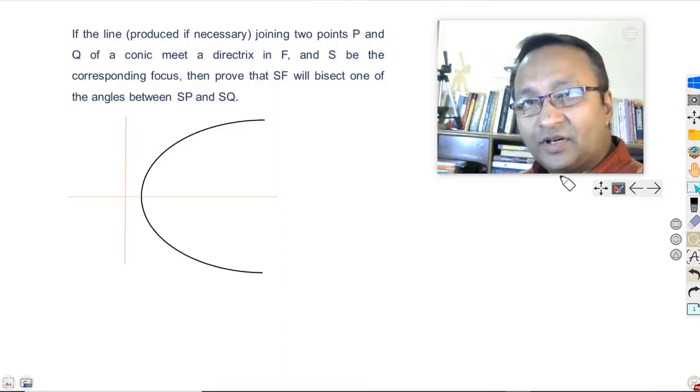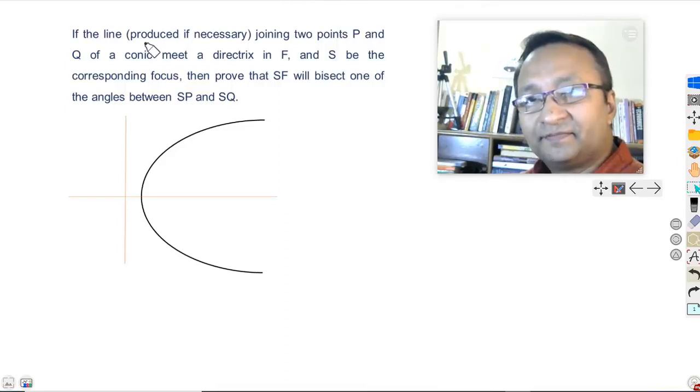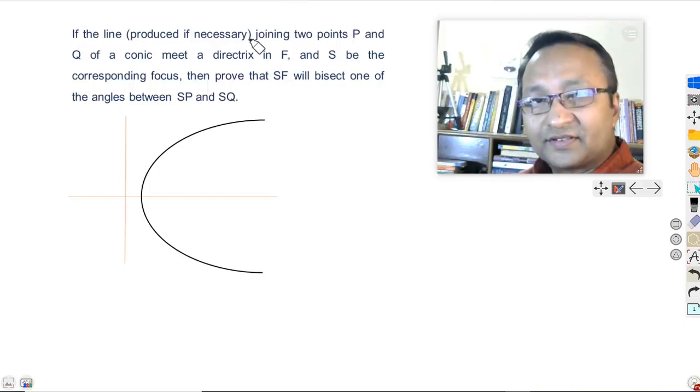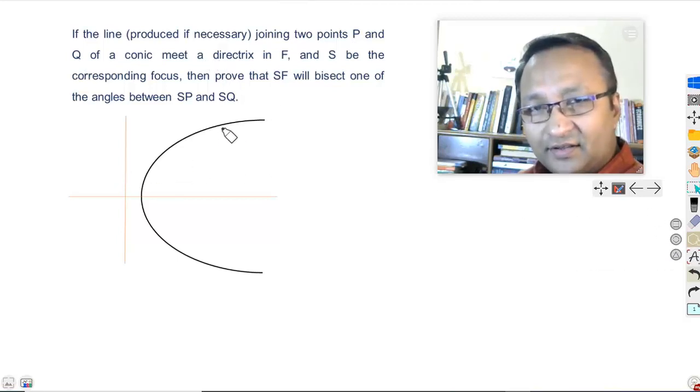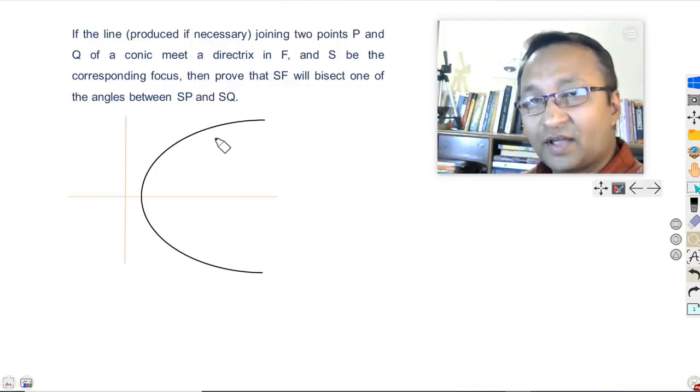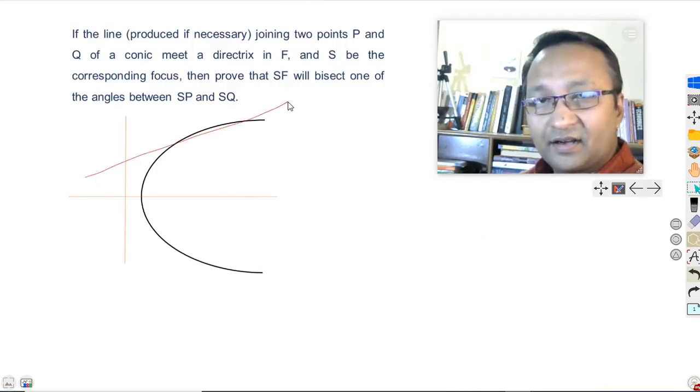Hi everyone. So let's look at this first proposition, which of course is valid for all the three conics, parabola, ellipse, hyperbola simultaneously. If the line produced if necessary joining the 2 points P and Q of a conic meet the directrix in F. So what I do is I take this as a conic, this can be a parabola, maybe this turns out to be an ellipse or hyperbola, and I take a line